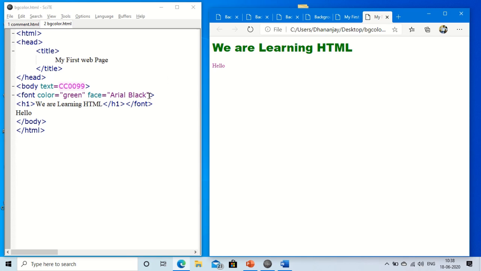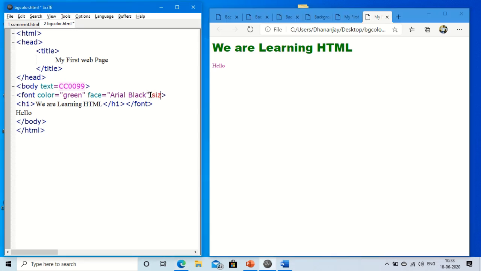Better for you, copy the font from any other editor, like you can copy from Notepad, you can copy from Word, or you can remember it and write it also, but I will suggest copy and paste, because there is no chance of the spelling going wrong. If there is a spelling mistake, it will not appear. You can mention the size also. I'm going to remove this h1, so that you will understand, because h1 is the highest level heading, so that will appear in a bigger size.